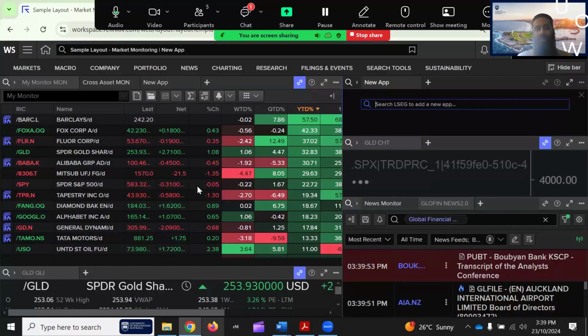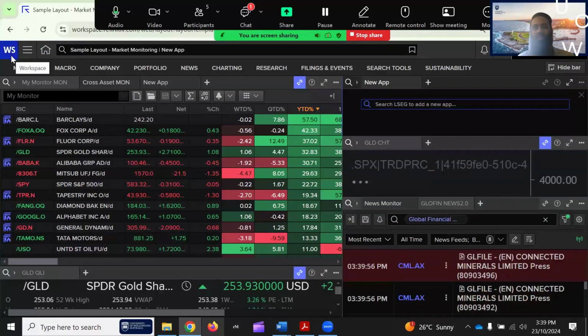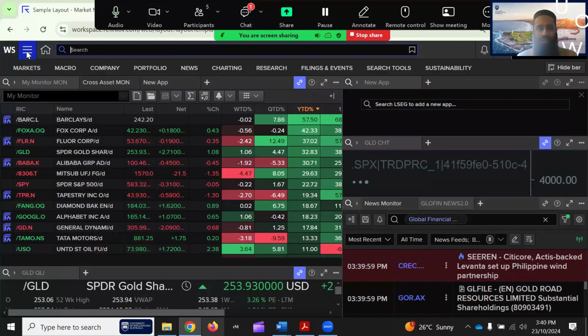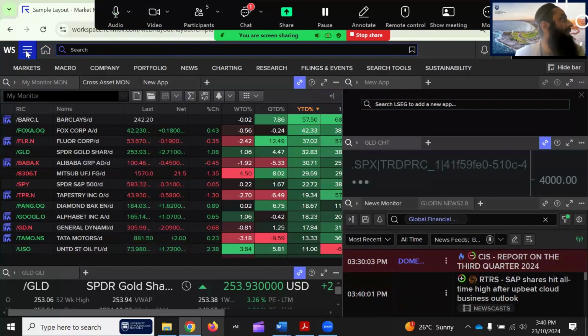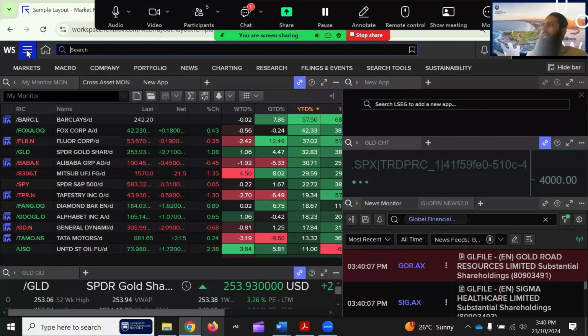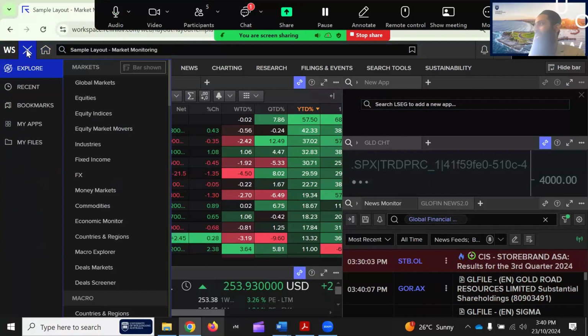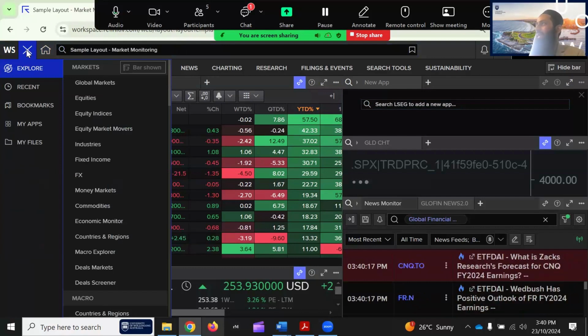What do I mean by it? At the start, we see WS, Workspace. There are basic things you can do. I leave it to you for your own explanation. And there are three bars here. Can you see here? The jewels are hidden under it. So if I click on this one, it says through the Refinitiv Workspace, what you can extract, what you can interact with, what kind of data.